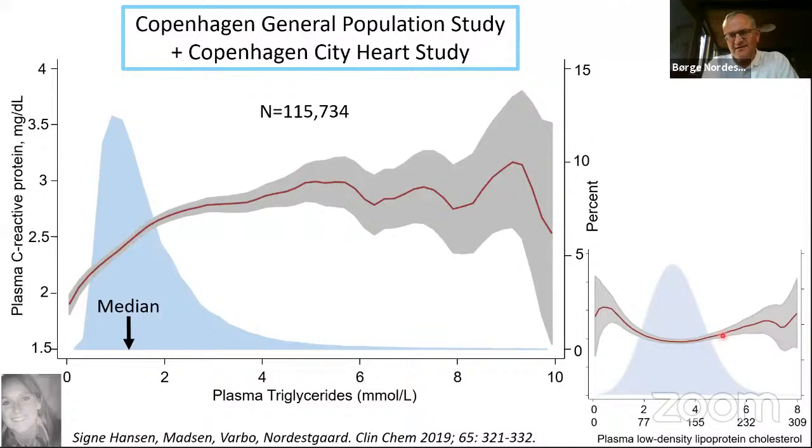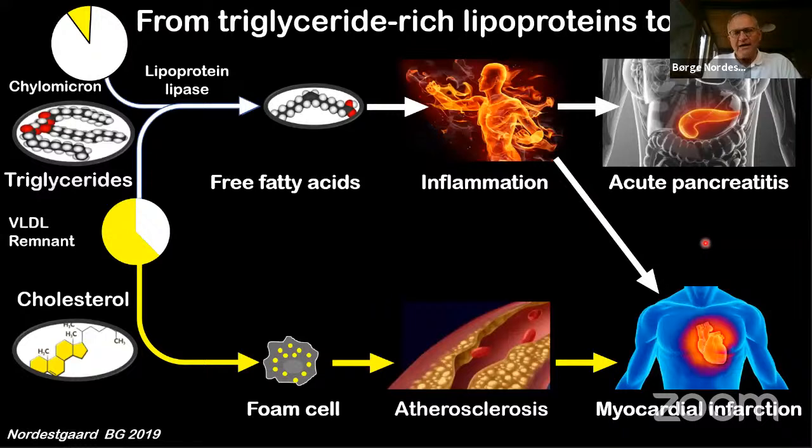And here, there's no increase in CRP when LDL goes up. People thought that in the past, but this is not true. It's the triglyceride lipoproteins that are associated with very high C-reactive protein. So how I try to depict this in a simple way to understand is that when you have triglycerides, most